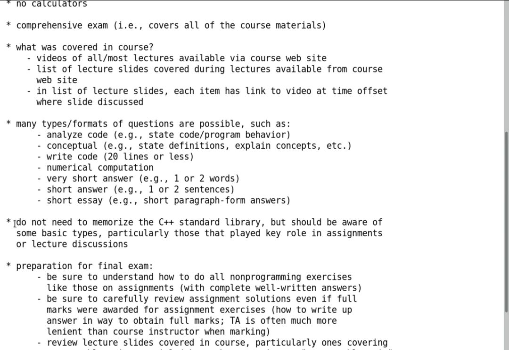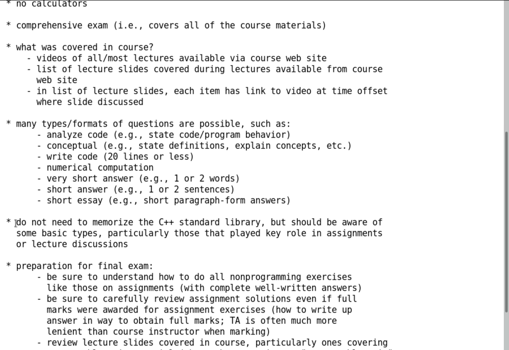In terms of what you need to remember about the C++ standard library, there are a lot of different functions and types from the standard library that you used in the programming assignments, and may have used even in some of the part A parts. I don't expect you to be memorizing large parts of the C++ standard library. I don't really see any point in that, but I would hope that you remember the basic things, like you would know about std::vector and maybe std::string,